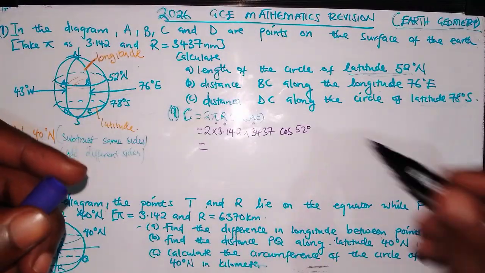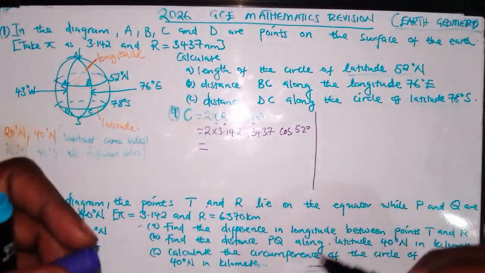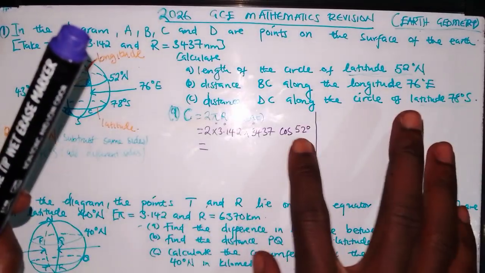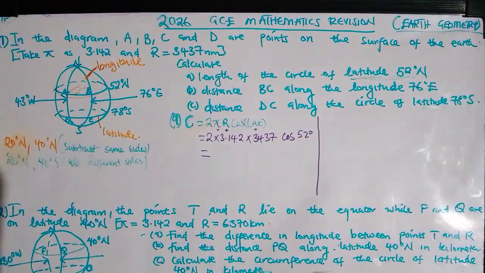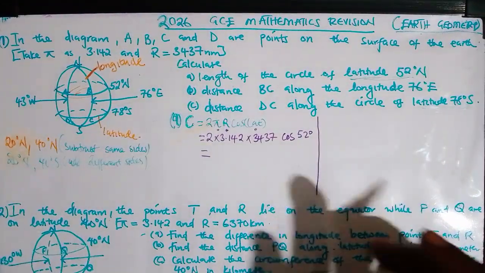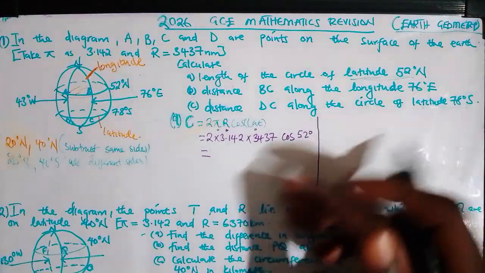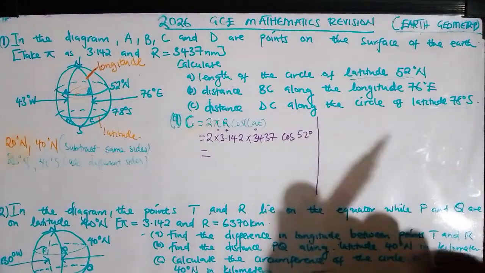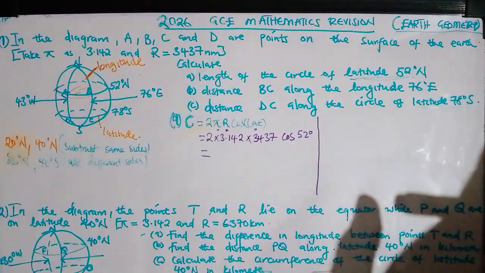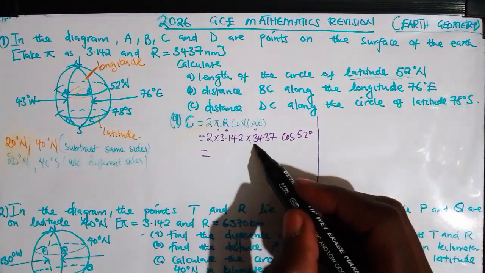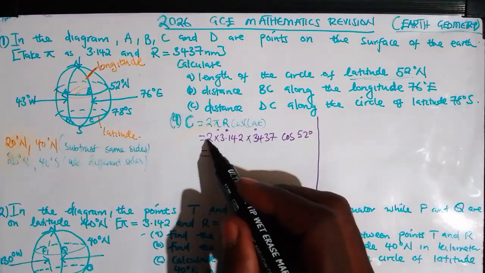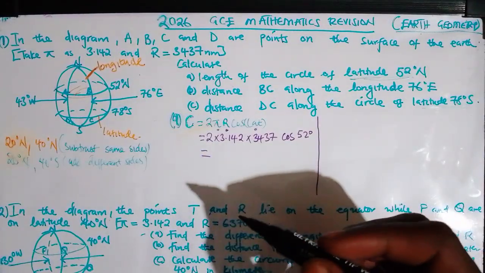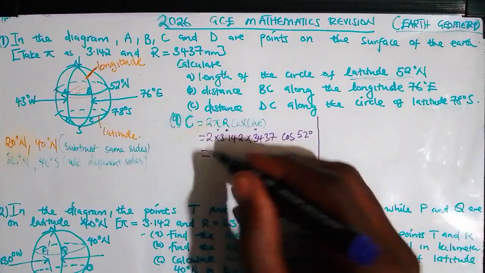Yeah. So again, I taught you how to punch. Start from cos 52, then punch moving backwards. So again, I repeat, first punch cos 52, then press equals on your calculator. Make sure your calculator is in degrees. Then you multiply 3437 times 3.142 times 2. So if you punch correctly, you will find your answer to be